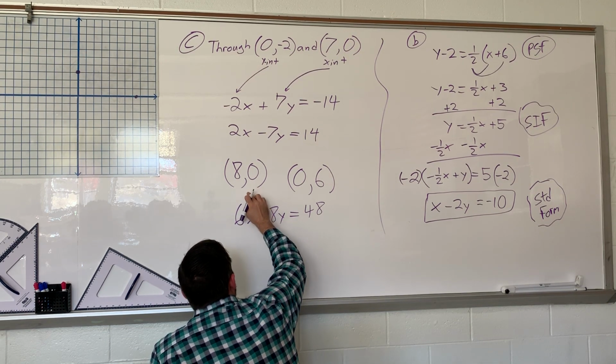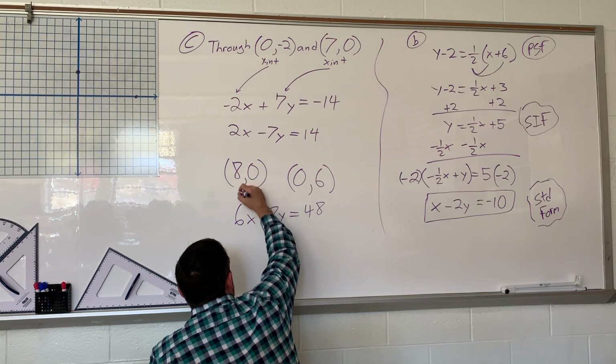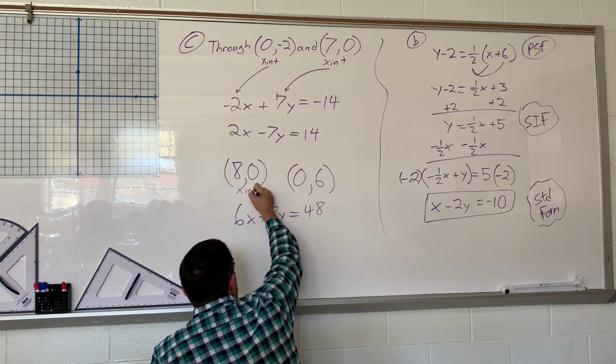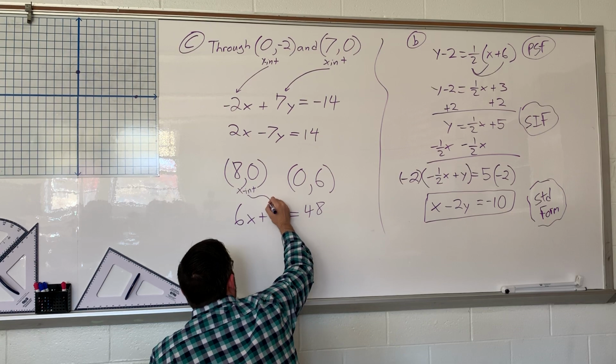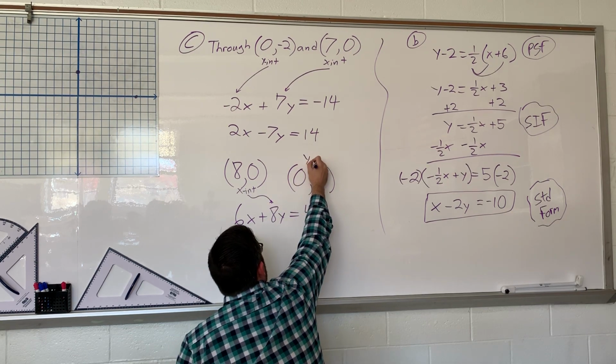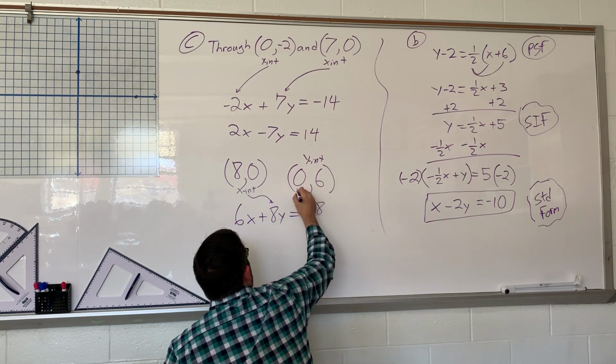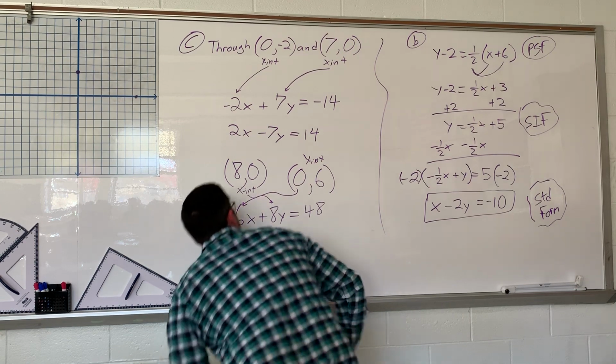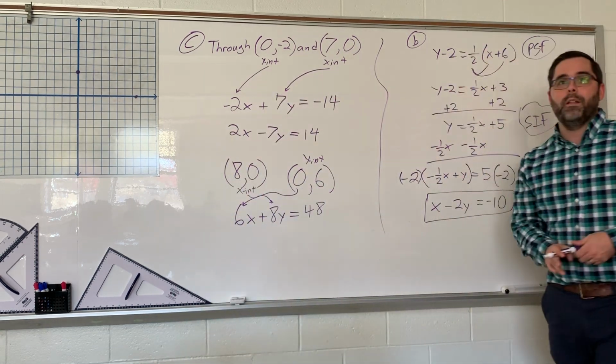What is this? It's my x-intercept, right? My x-intercept goes next to the y. This is my y-intercept. And it goes next to the x. And then 8 times 6 is 48. Now let's make sure this makes